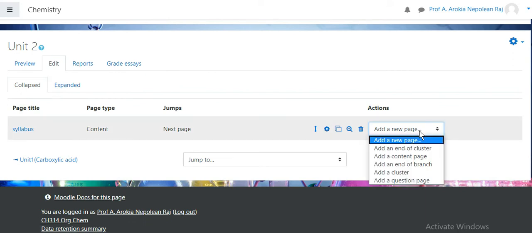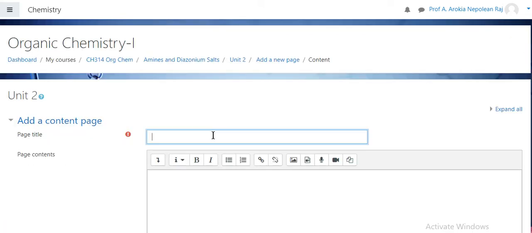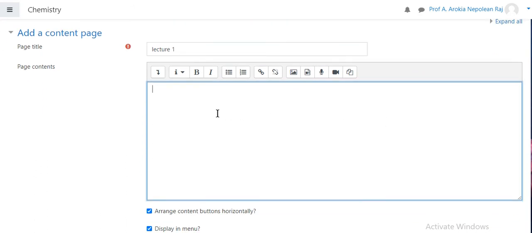Here you can add one more content page. Here I will explain how to create video. I can call it lecture 1. Here you have to give the content. You can either type anything, or provide a link, or upload a video file. You can give a YouTube link, or upload a locally available video. I have tried both, but for the locally available video, the window opens but the video is not playing, and therefore I have usually given the YouTube link.